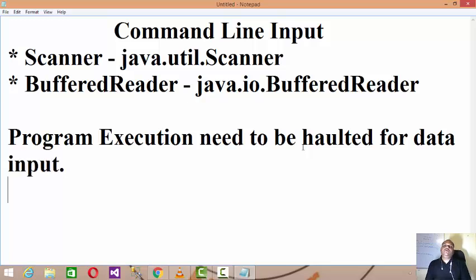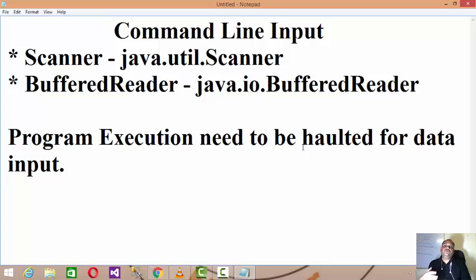It means when you run the program to take the inputs from the user, that program execution needs to be halted for the input, and then we make the input.